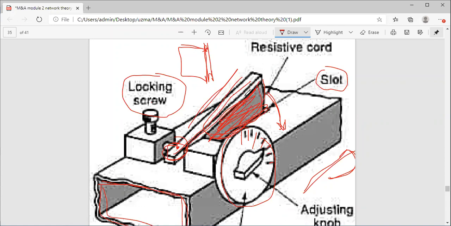And if you take it completely outside, no insertion means 0 dB attenuation, no attenuation, the wave will simply pass as it is. Okay, so the depth of insertion of this flap will decide the attenuation level. So that's why it is called a variable attenuator. The flap attenuator is a variable attenuator. So hope you understood the structure.